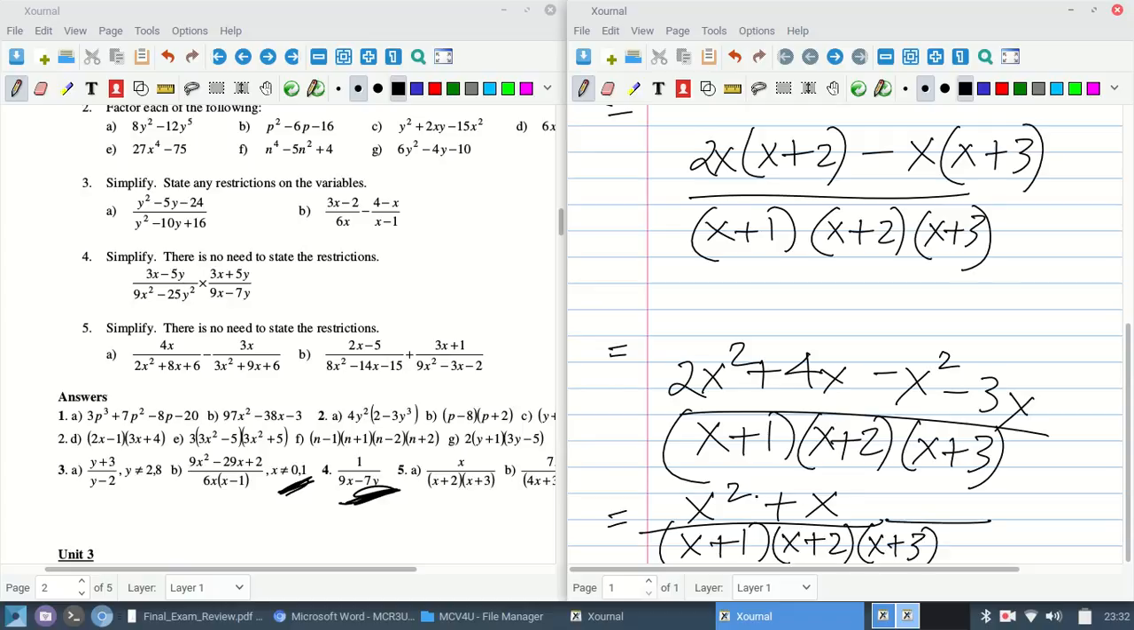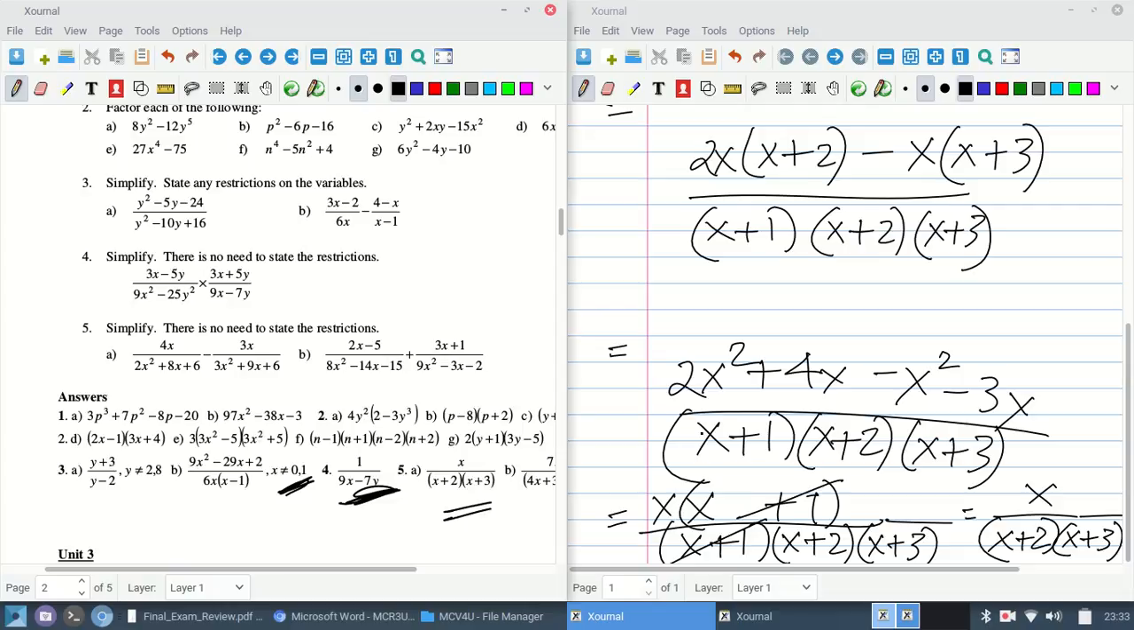Notice here I've got a common factor of x. So why don't I go ahead and factor out a factor of x. If I do that, I get x plus 1, and check this. So I get x plus 1, and that will cancel with this, and in the end I get, let me write that down, x over x plus 2 times x plus 3, and that is the final answer